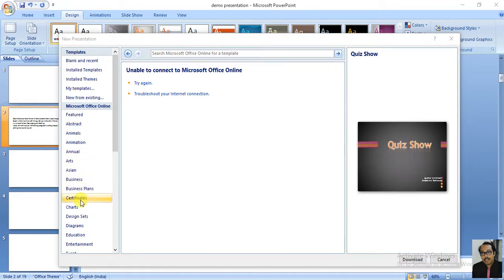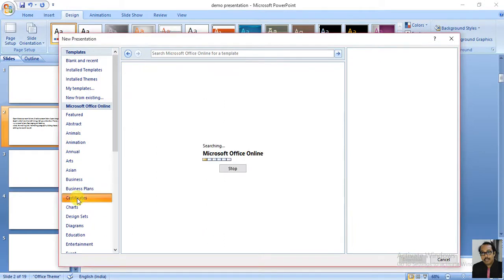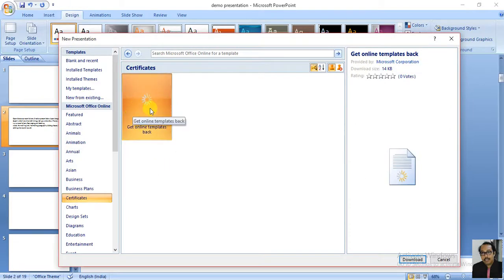Like if your organization wants to give a certificate to a certain person, there are some templates, some demo certificates present there. You can just change the name, reposition the logo, and give your signature in the specified space, and you can create your certificates. I'm going to click on Certificate. Is it present or not? It is going online to search for a certificate, and it is asking me to download it. Correct? So that is not required.